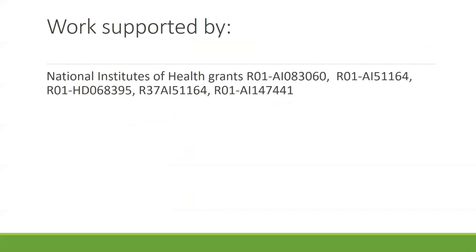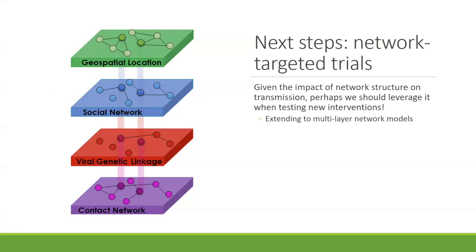So I know we've discussed this before, but on the last slide, one of the challenges we've had when we've talked about the multi-layer network is that things like the social network can change dramatically over the course of a study. How would you control for that? In other words, clusters within the social network could reassociate from one arm to the other and back. So is the question how we make that happen in a model, or how we think about a design in a situation where that can happen? The latter.